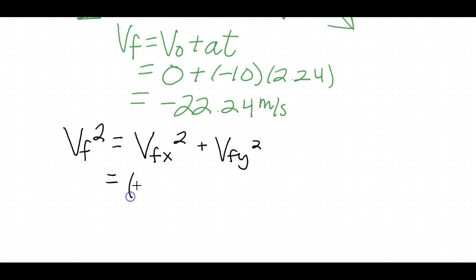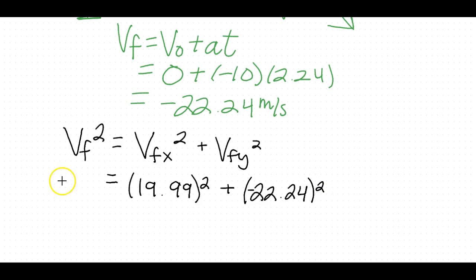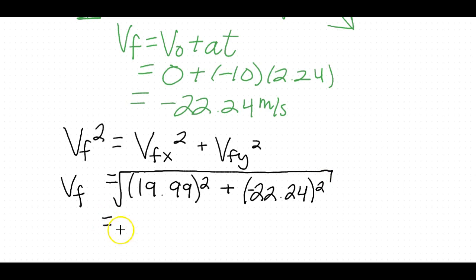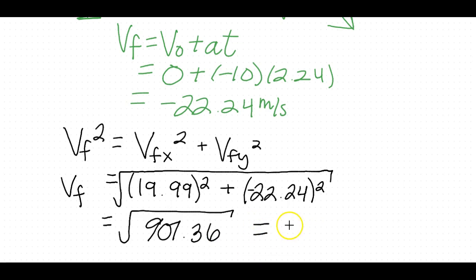So 19.99 squared plus v final y, negative 22.24 squared, is equal to v final squared. To get rid of that square on the v final, you have to take the square root of this whole quantity. So that's going to end up being the square root of 901.36, which when you take that answer,